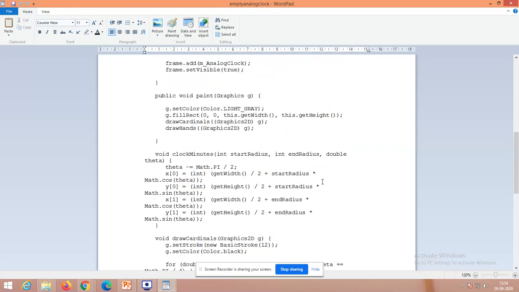Start radius, end radius, double theta. What are you going to do here? Assume the pi circle. You have a pi. You will get a subtended angle, right? That subtended angle will give you the corresponding coordinate here. That is the thing that here we have to calculate. For calculating the subtended angle, for every pi, when it is going to change, you will get this value, right? So here Math.PI whole divided by 2.